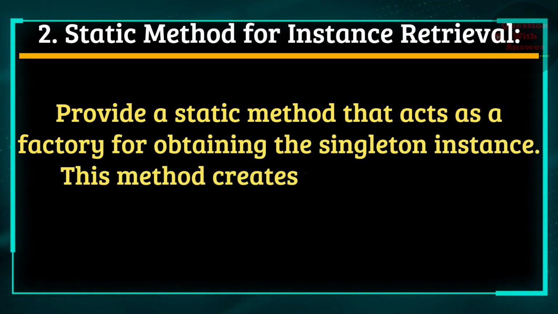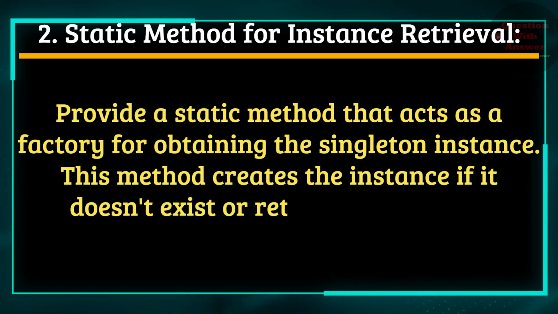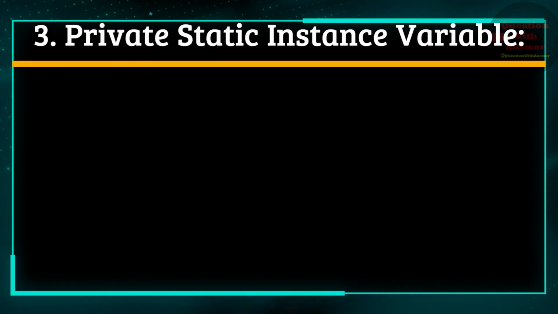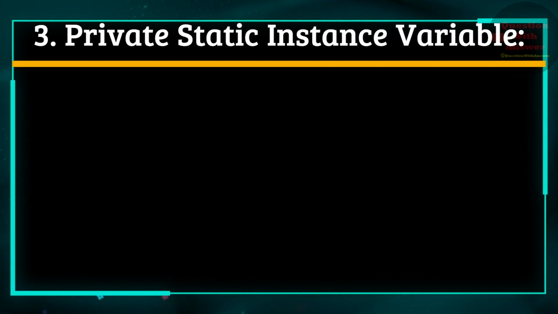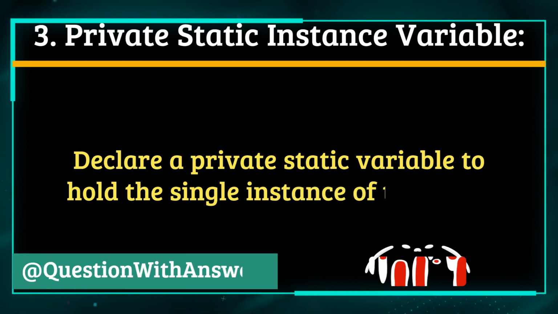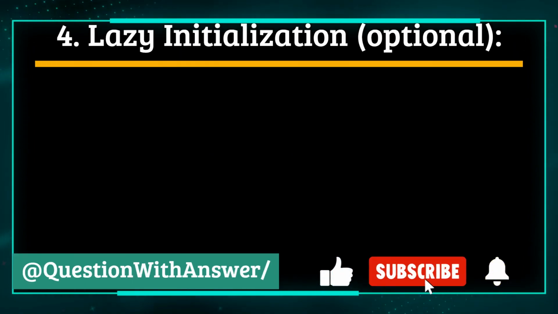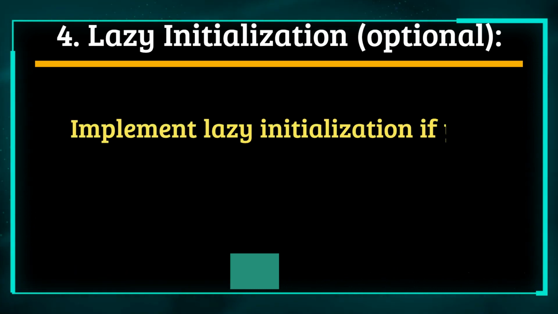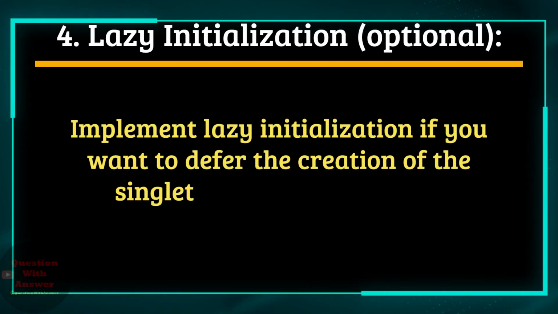This method creates the instance if it doesn't exist or returns the existing instance otherwise. 3. Private static instance variable. Declare a private static variable to hold the single instance of the class. 4. Lazy initialization, optional. Implement lazy initialization if you want to defer the creation of the singleton instance until it